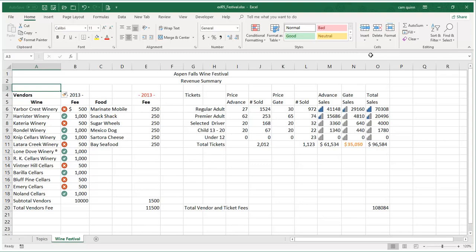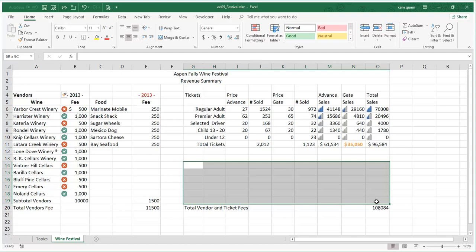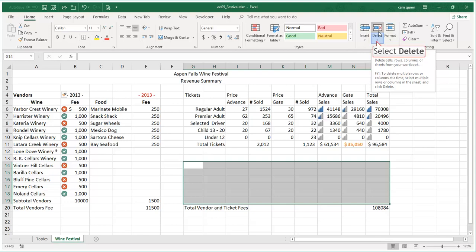So select G14 to G19. What they want us to do here is basically just show you the delete and insert commands. The delete command is here in the Home tab. If I click on the delete command, you can see I have delete cells, delete rows, delete columns, or delete the whole worksheet. If I delete cells, again, because Excel cannot stand a vacuum, so basically what I'm going to do here is